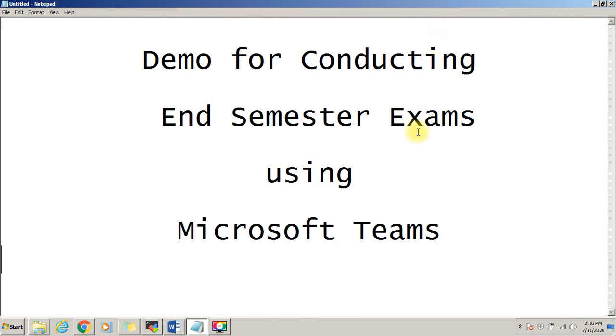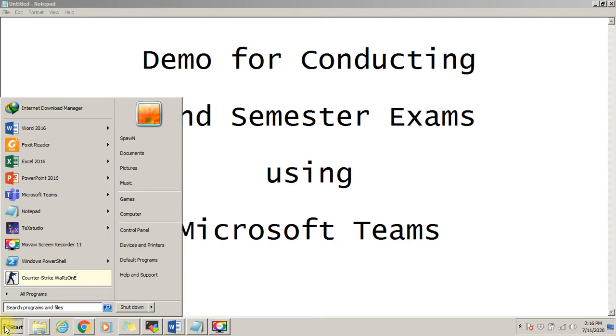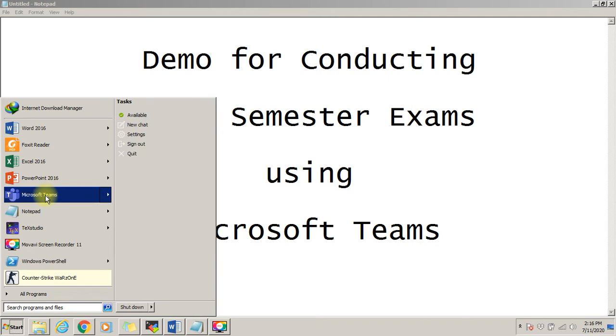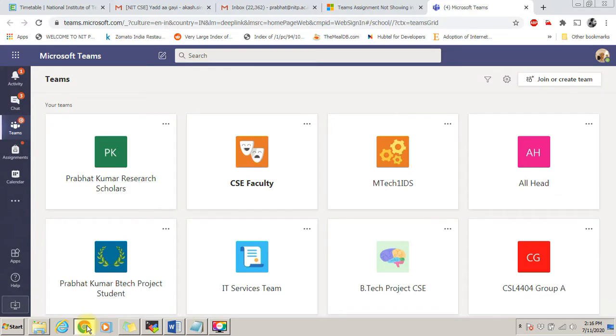So you as a faculty, you need to follow certain steps which we have highlighted in this tutorial. Initially you need to open Microsoft Teams on your PC or laptop. You can do it either using the software installed on your system or you can open it on the browser. In this tutorial, I have opened Teams on my Chrome browser, and whether on your desktop or on the browser, both the interfaces will be the same. You need to click on the Teams icon on the left hand side panel.